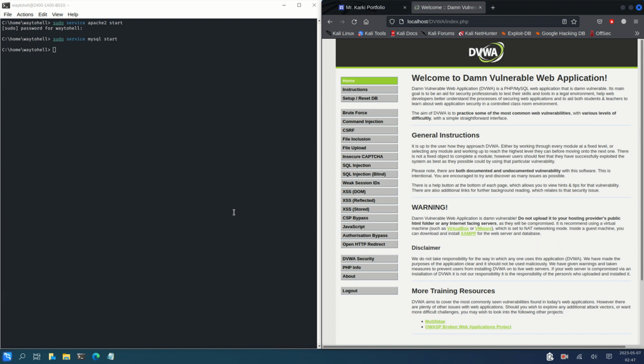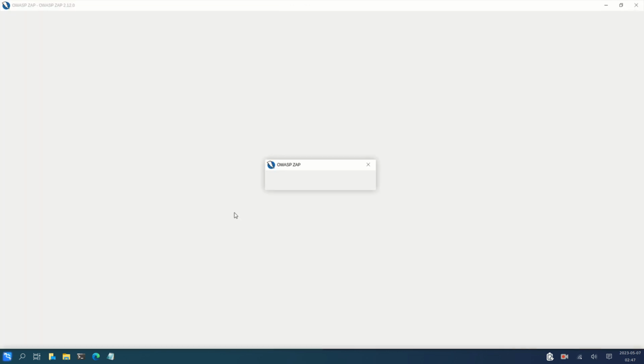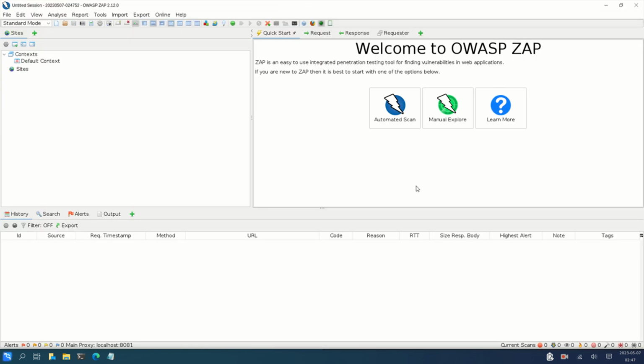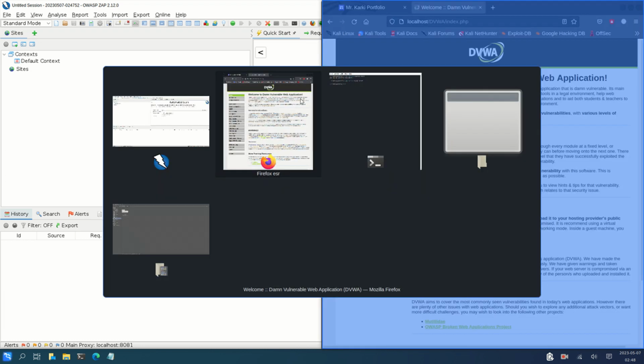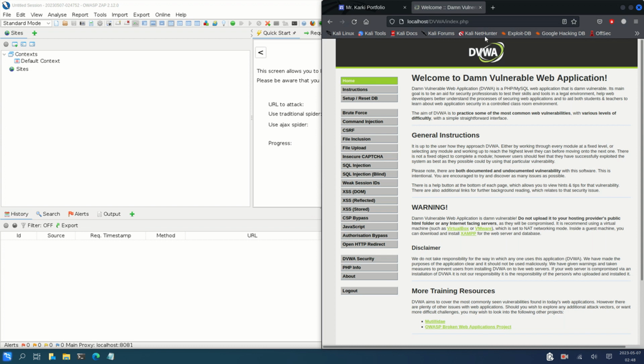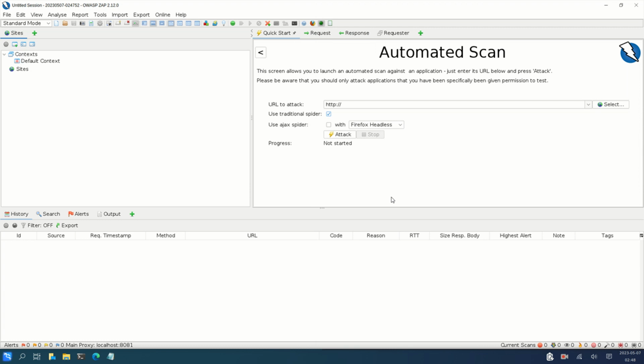For that I need to start up my OWASP ZAP tool, my assessment tool. I'm using 2.12.0. I think it's the latest version for carrying out assessment. As you can see, there is a manual option and an automated option as well. I'll go with the automated option, as we have to set some proxy on if we want to do it manually, but manual